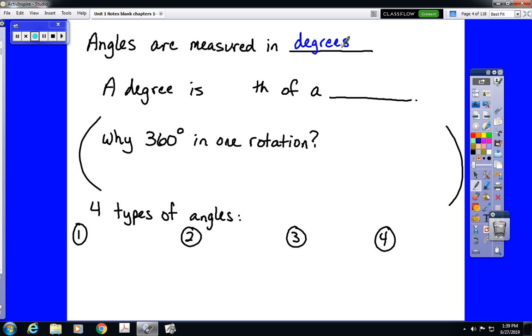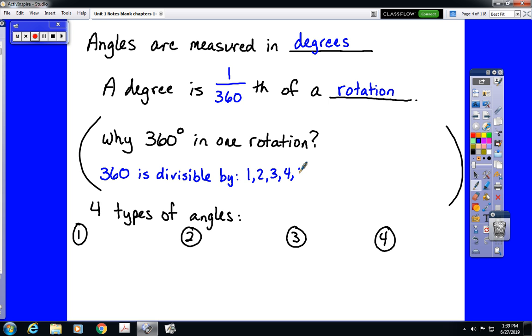And a degree is defined as being 1/360th of a rotation. I occasionally do get asked this question: why are there 360 degrees in one rotation? Well, the answer to that is pretty simple. 360 is divisible by a lot of whole numbers. It is divisible by 1, 2, 3, 4, 5, 6, 8, 9, 10, 12, 15,